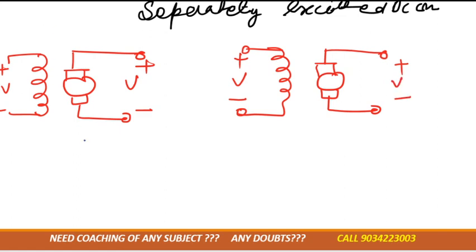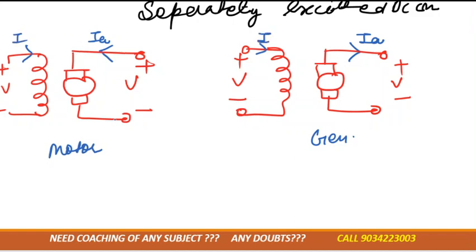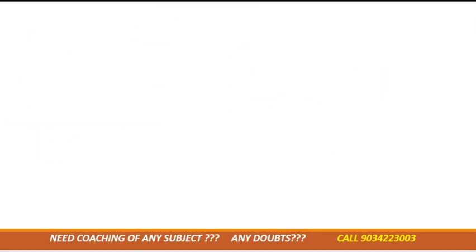Okay, so in the case of motor, again we consider it as a motor. The current is moving inside the armature, so it would be armature current. In the case of generator, the current is moving outside from the armature, so that would be armature current. Okay, in both the cases we need current in the field winding to make it a temporary magnet. So in this we have denoted it by IF. The separately excited DC motor you will not use in the numerical. Clear this thing? Next is the